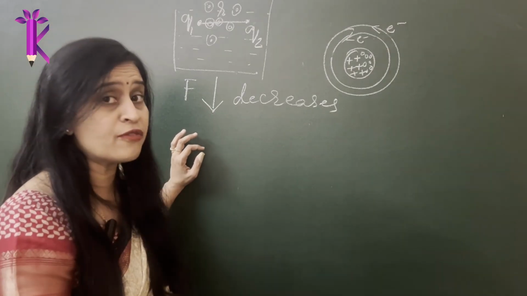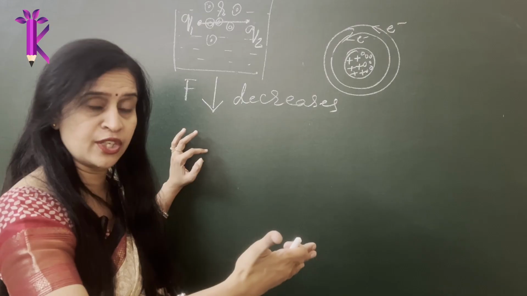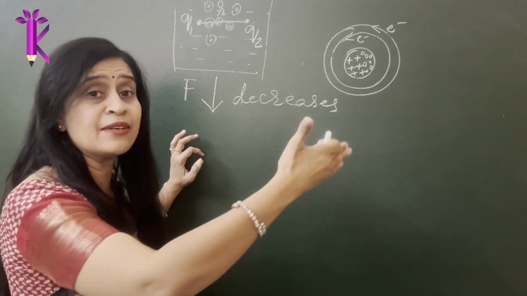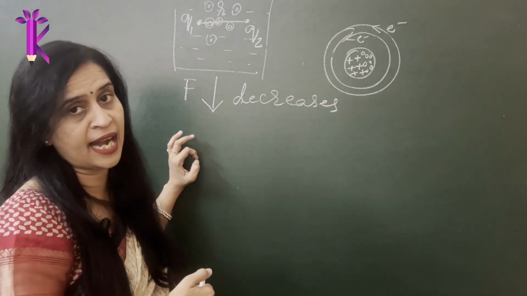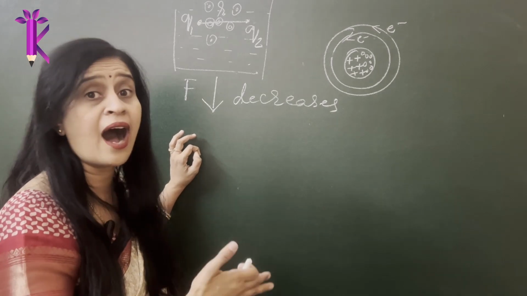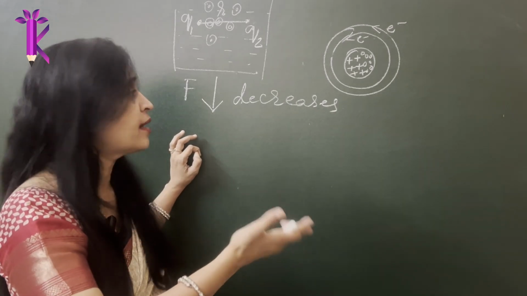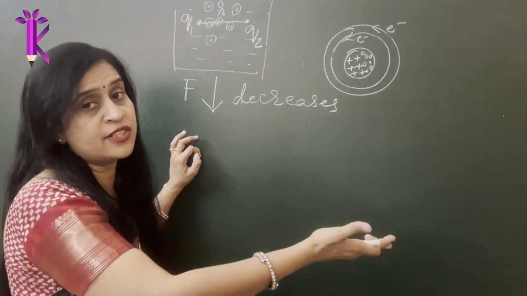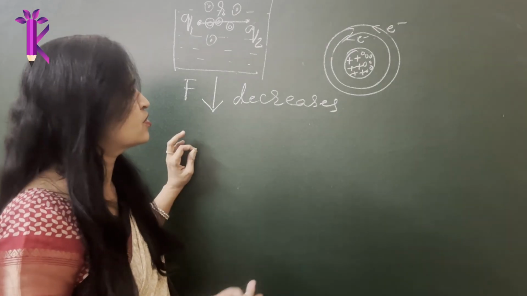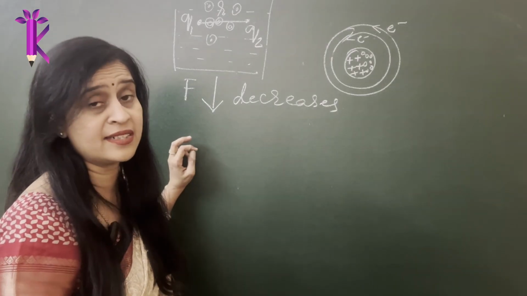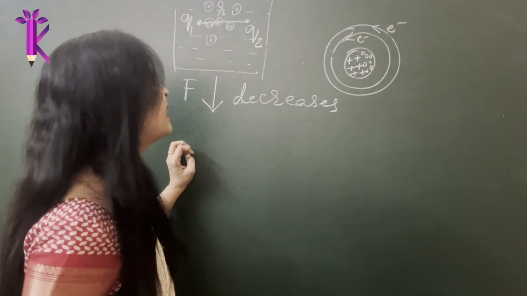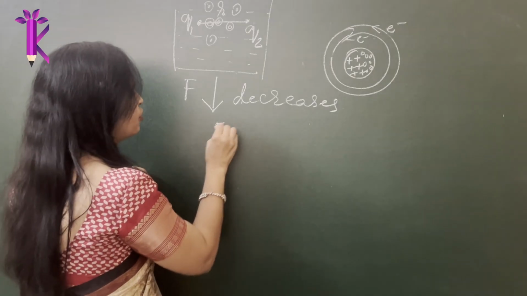So if there are more charged particles in between Q1 and Q2, obviously Q1 will end up spending some of its force in interacting with these before it gets to interact with Q2, because these charged atoms or charged particles in the space are before Q2. Even before it gets to interact with Q2, it will end up sensing these charged particles. So some of its force does get reduced in interacting with these loaded nuclei with charged particles, right? So how do we define Coulombian force of repulsion?